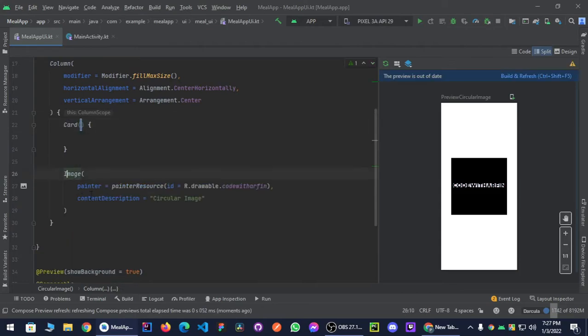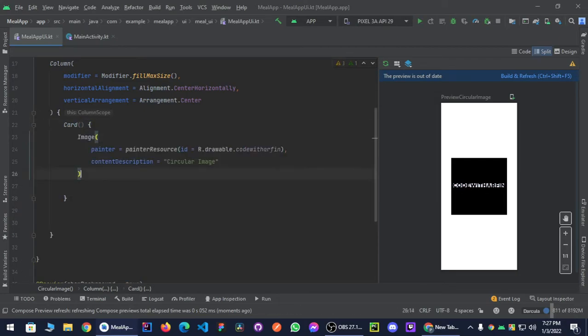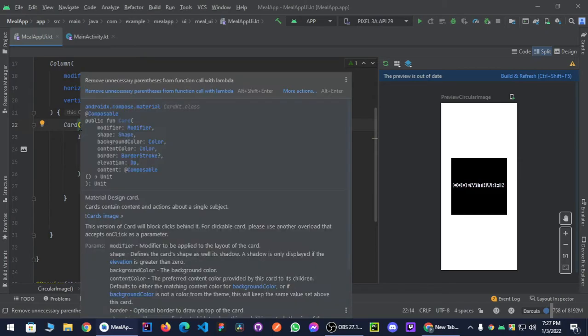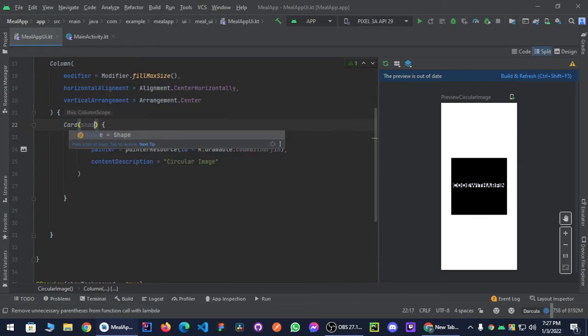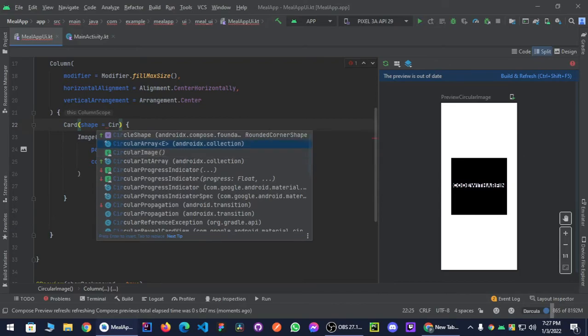Now I will move this composable function inside my card composable function. So take this image function and paste it here. Now some more steps to complete this tutorial. Inside this parentheses, I will define a shape parameter. Now shape, and make this shape circle shape,